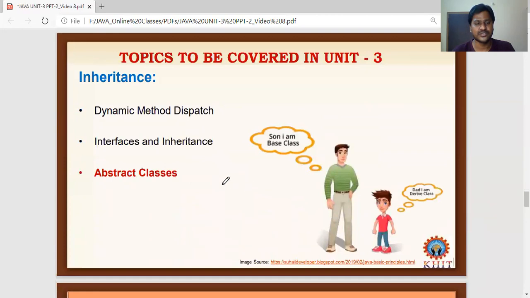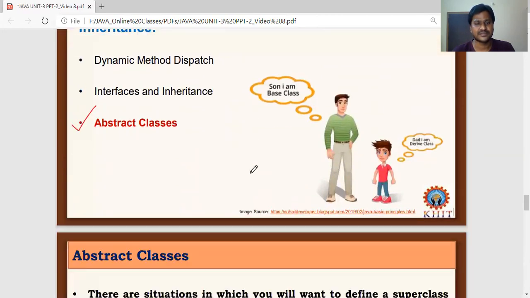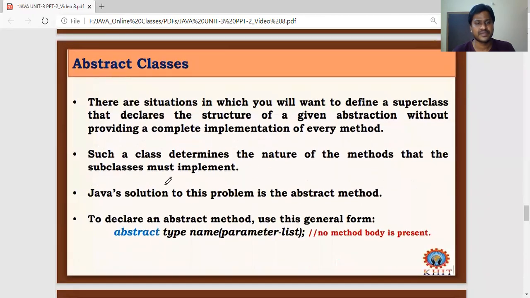Next one, coming to the topic abstract classes. There are situations in which you will want to define a superclass that declares the structure of a given abstraction without providing a complete implementation for every method.